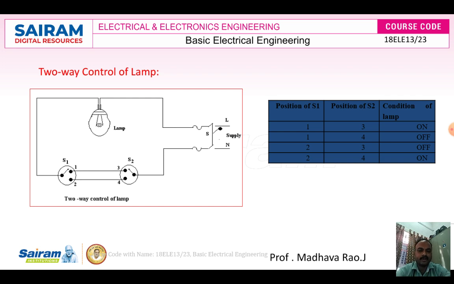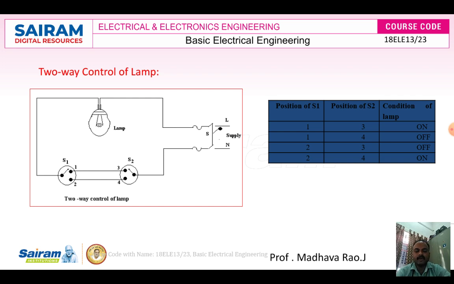So why are we especially using two-way control at staircases? It consists of two switches. One switch we can install at the bottom of the staircase, and one more switch at the top of the staircase. In between we can install the lamp. This lamping system is also called a two-way control of lamp, and many people use it for staircases. That's why this two-way control lamp system is also called a staircase lamp system.